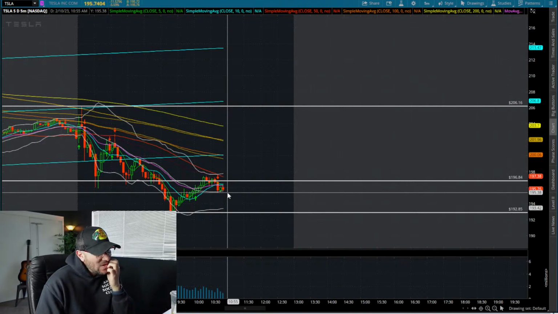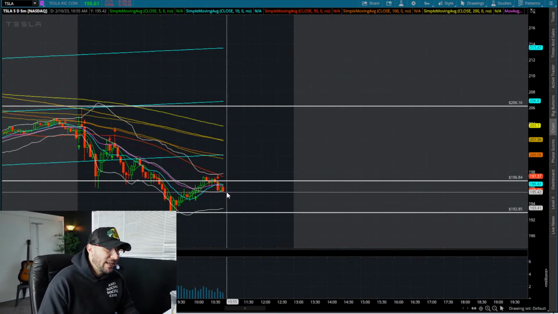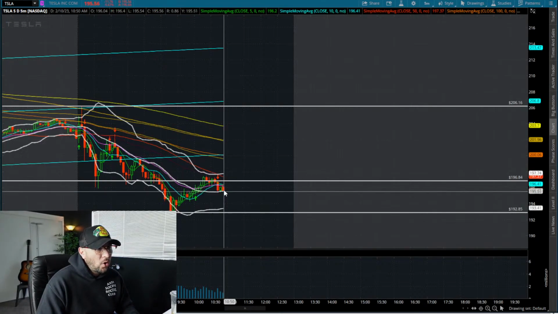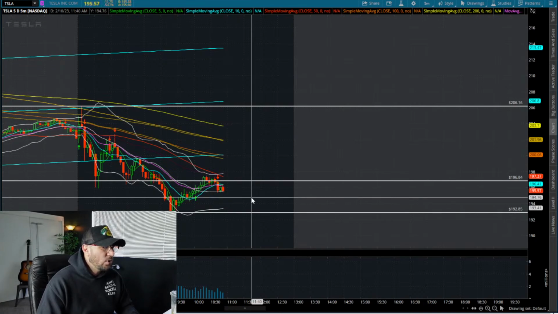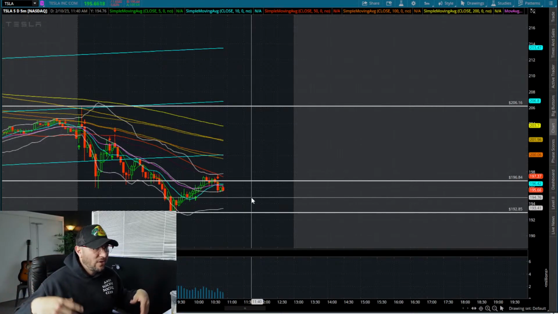If you're thinking about getting into a short position on Tesla, you have to know what's the day's range, right? We have the bottom of the range sitting here at 192.85. Definitely has some potential to get into that area, but also know that it could snap back, right? The later we go in the day, the smaller the range is going to be. So make sure that you don't get in over your head thinking that, hey, we're going to break 192.85 and